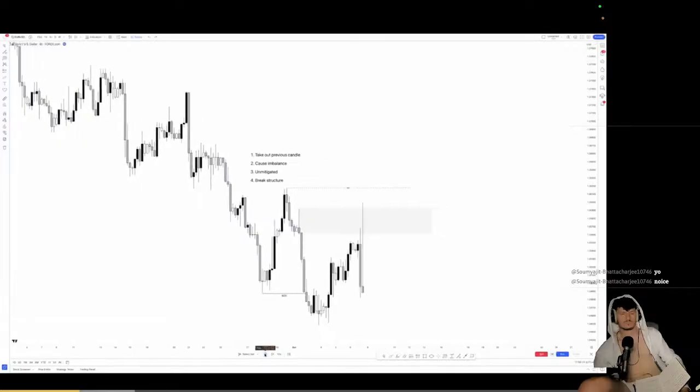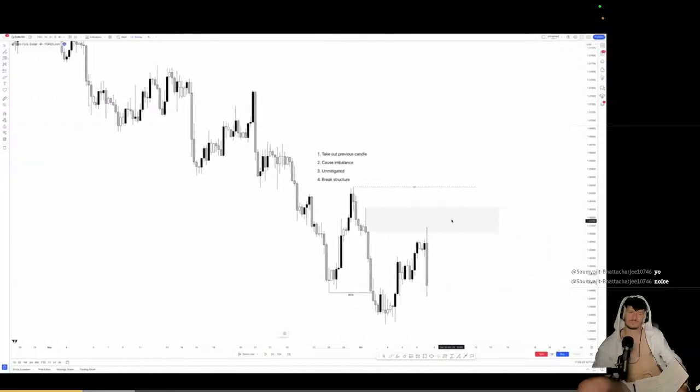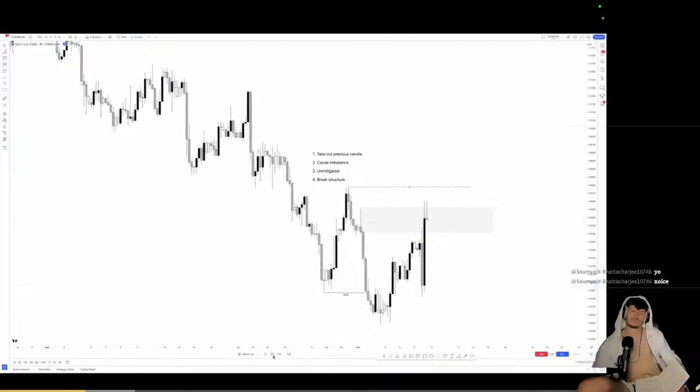Okay, price eventually pulled back. Right, you can see it mitigated. Right, you can see right here, it mitigated right here. This is when all the remaining orders that we have within this order block are filled up, and then cause price to move to the downside. But then look at what happened next. Price actually went up and actually